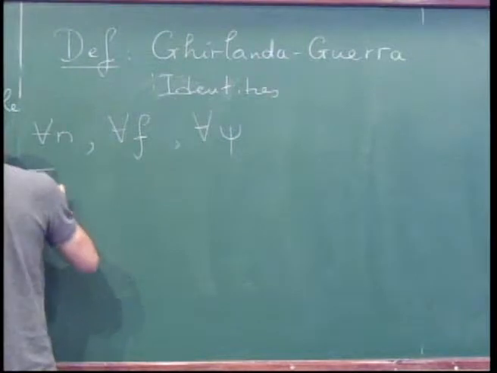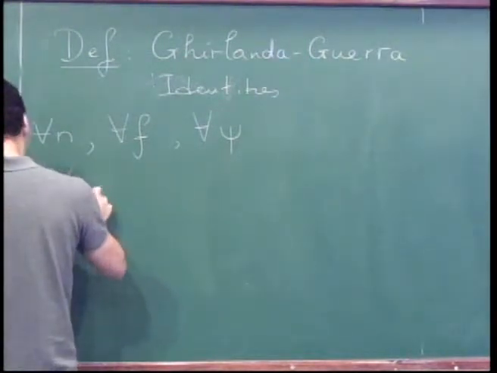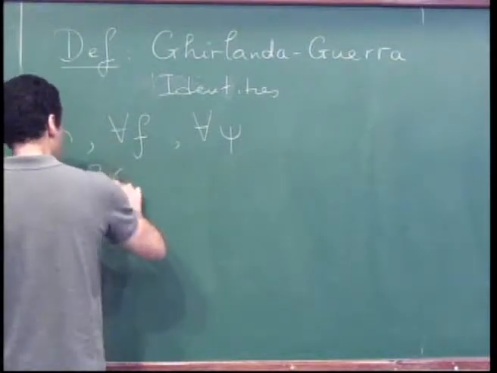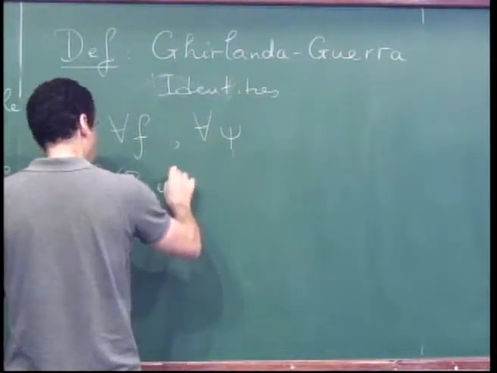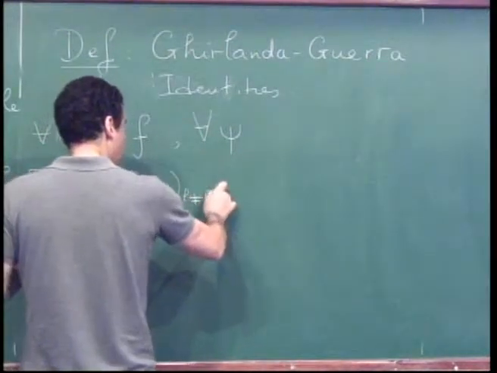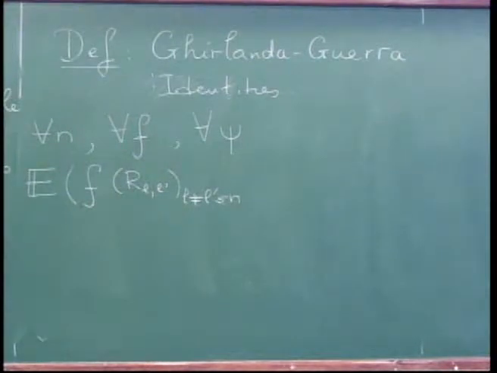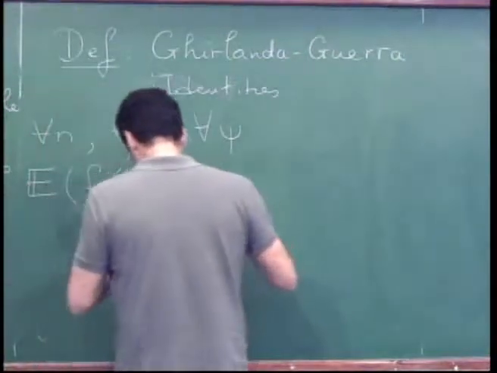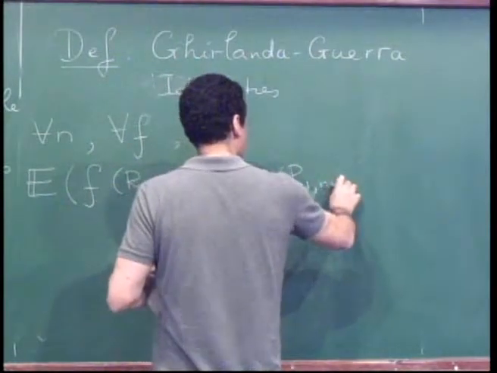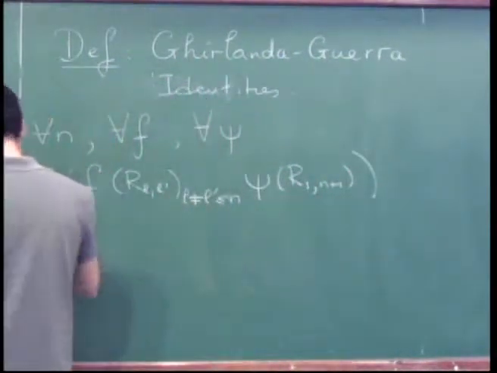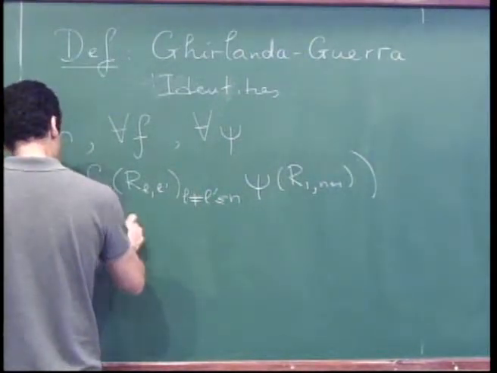The expectation, under the disorder of G, of the bracket of f, where f is a function of all the R_LL' with L different from L' and less than or equal to n, times psi of R_{1,n+1}, is equal to